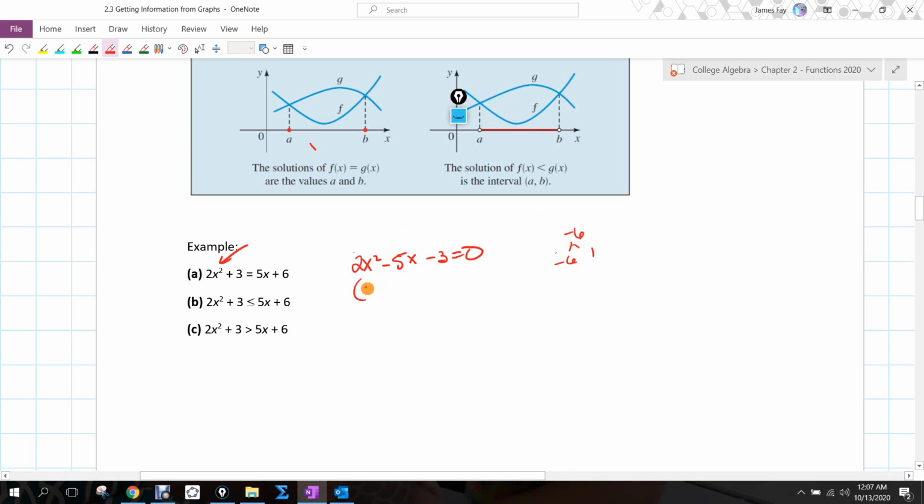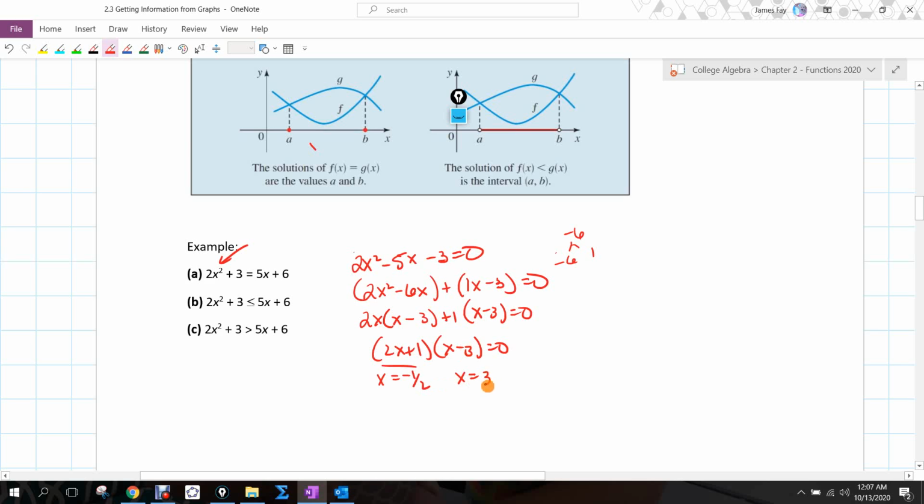So I go 2x squared minus 6x plus 1x minus 3 equals 0. This is going to factor to 2x, x minus 3, plus 1, x minus 3 equals 0. So it gives me 2x plus 1 and x minus 3 is 0. That first factor gives me x equals -1/2, and that factor gives me x equals 3. So my hope is right now you see why we spent a good portion of this first quarter working on factoring. It becomes very important in next level